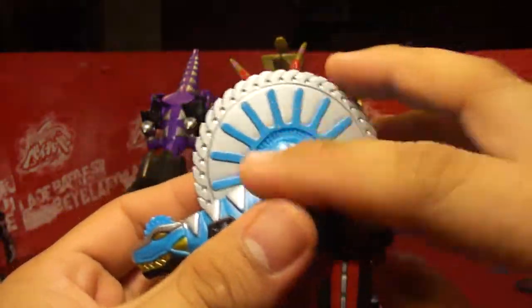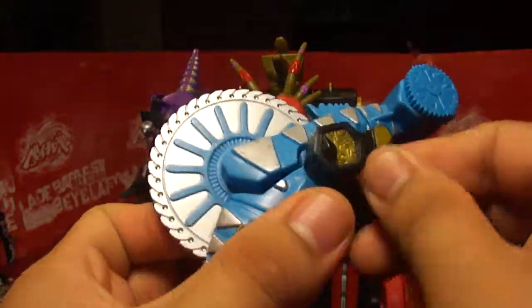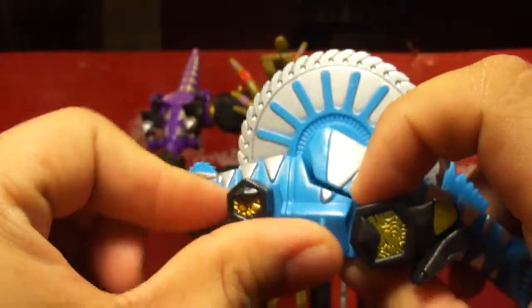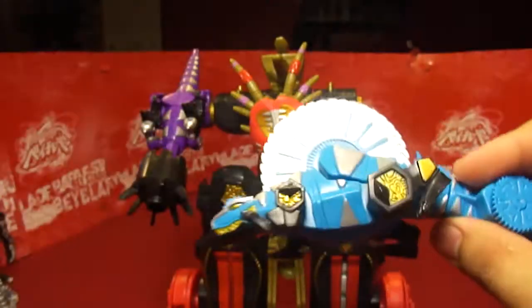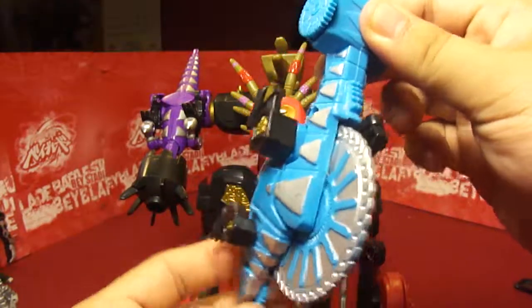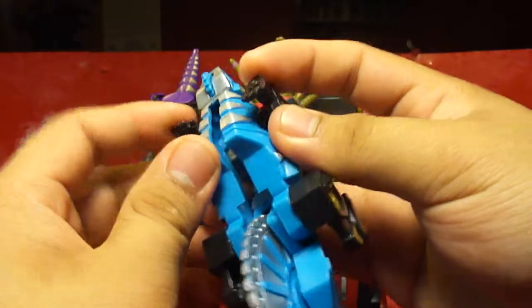Legs can go this far back, this much forward, so at the ankle. Mouth does not open, pretty much the same right here. And that's it. Okay, so get them into leg mode. The connector piece is right here, so twist that around, fold him up, fold the legs upwards,